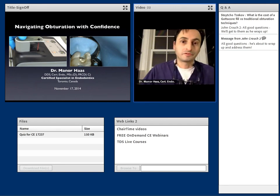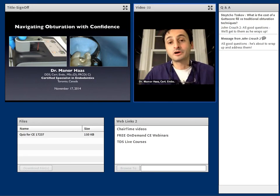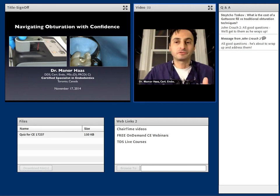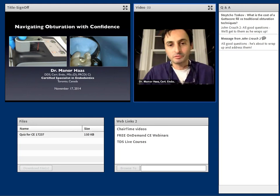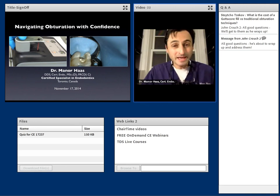I've used Twisted File Adaptive. I don't use it anymore. But if you use Twisted File Adaptive, I would recommend you use the larger size, maybe downsize the GuttaCore. But you see, when I start giving answers with maybe and I think and probably, I'm not that comfortable. Do you want to experiment when it's, with all due respect, your mom or your dad or your brother and sister in a chair? Do you want someone saying, well, I think, or maybe, probably, or we should do,